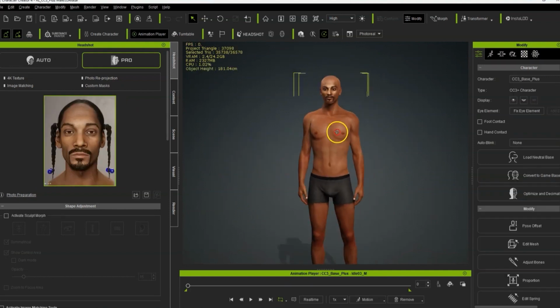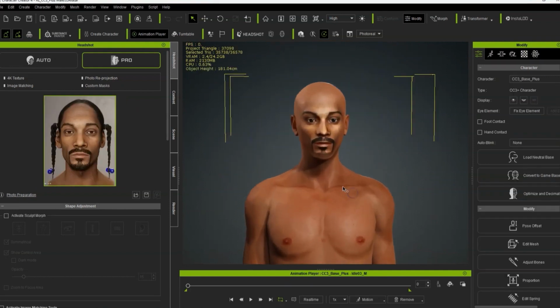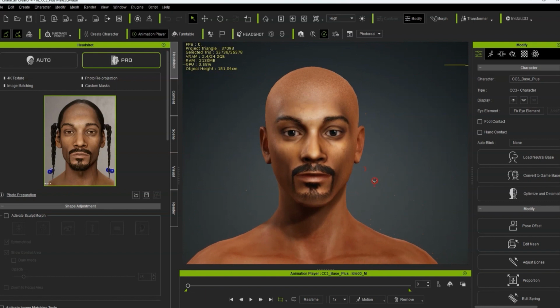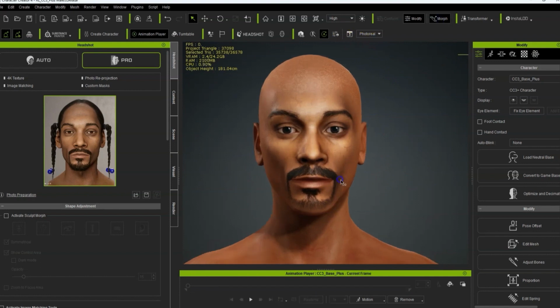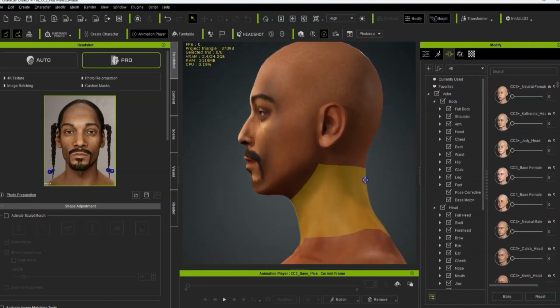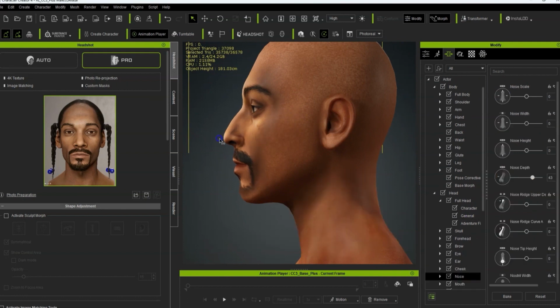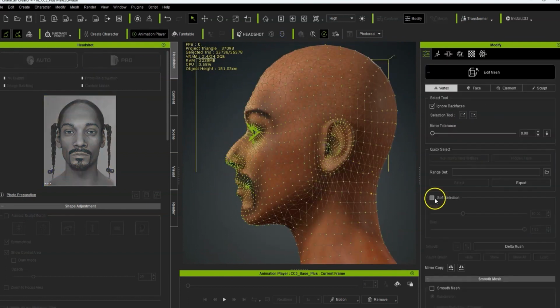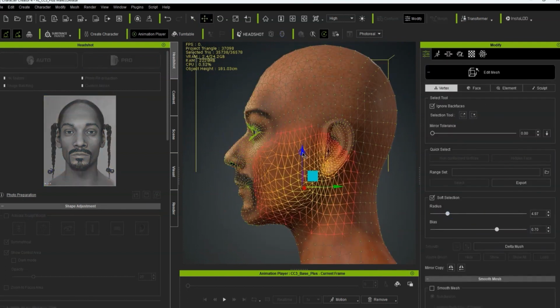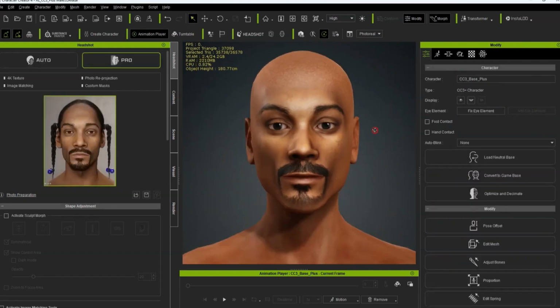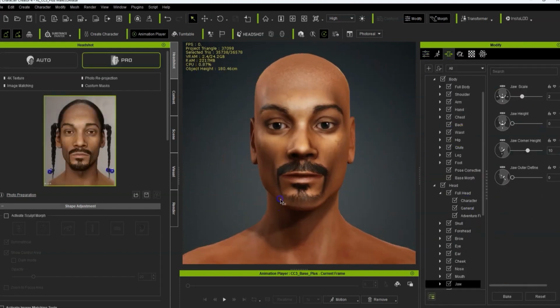And we've run that through Headshot in Character Creator 4, and this gives us a really good base to start from. So it does a good job at giving you some of the features from front-on, but obviously from profile and different views, we've got to do a little bit of tweaking to get that to look right. So I always try and get as close as I can using the morphs or using the edit mesh tool